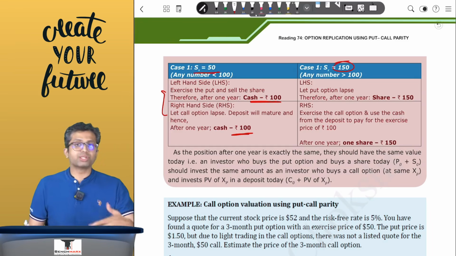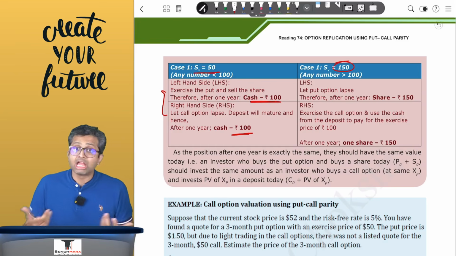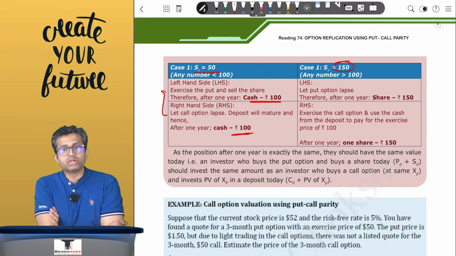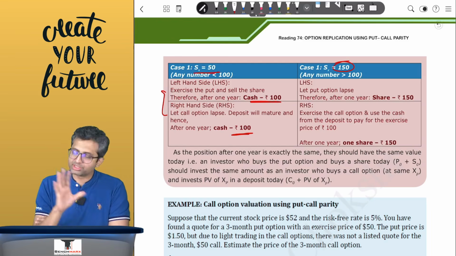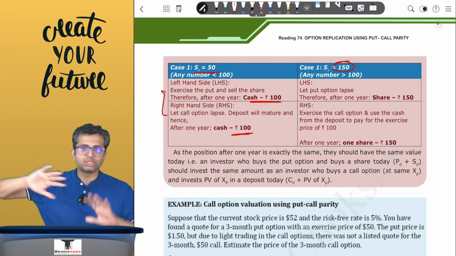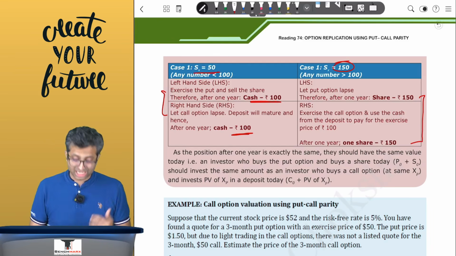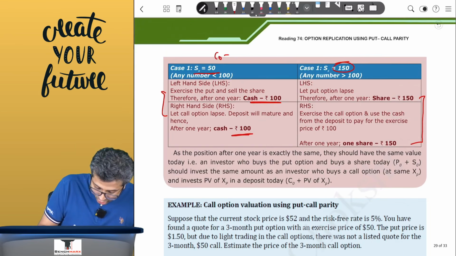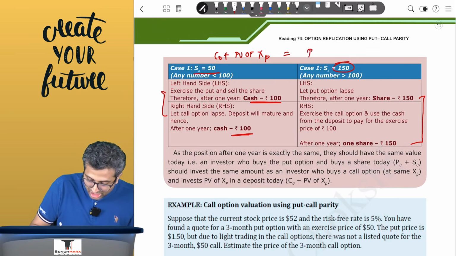Or if the spot price is 150, then on the fiduciary call, you have a right to buy at 100, which you will exercise, and the deposit will give you 100 rupees. You will use that cash to exercise the call option and get a share which is worth 150. On the protective put, you have a right to sell at 100, but when the share is worth 150, you will not exercise. So in both cases you will get a share worth 150. Hence you can say that C0, that is the call today, plus PV of XP, the present value of the exercise price, that is a fiduciary call position, will equal the protective put, that is P0